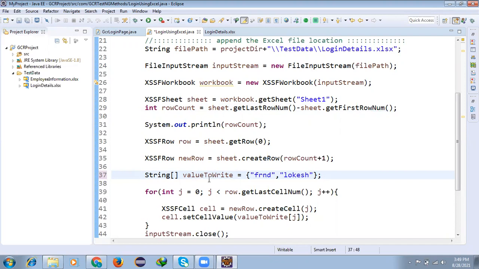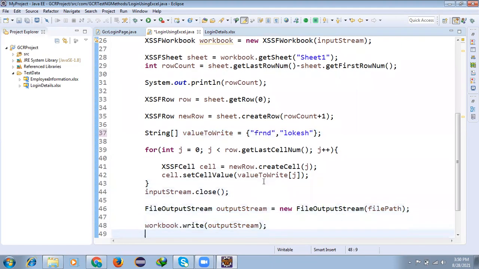If you have 10 different values, we can store them in an array and pass them, and we can set the value. If you want parameterization, we can also use an array and pass it into the method, wherever we are calling it. Like that we can assume it.